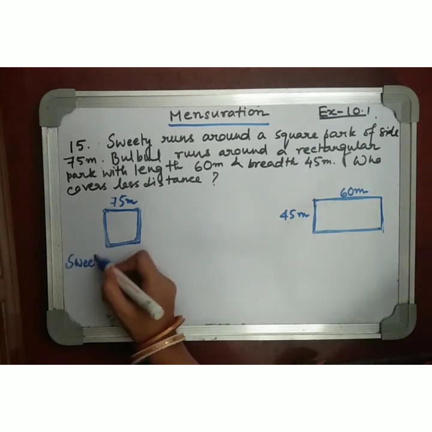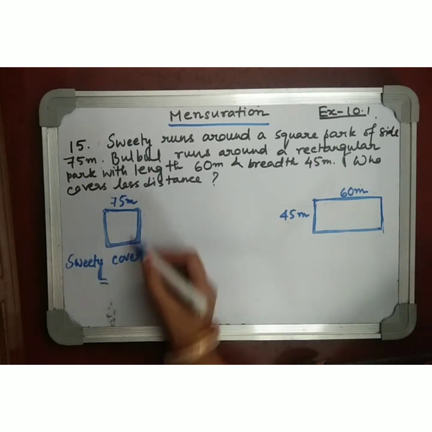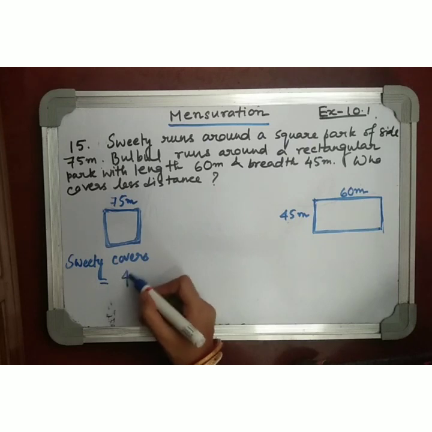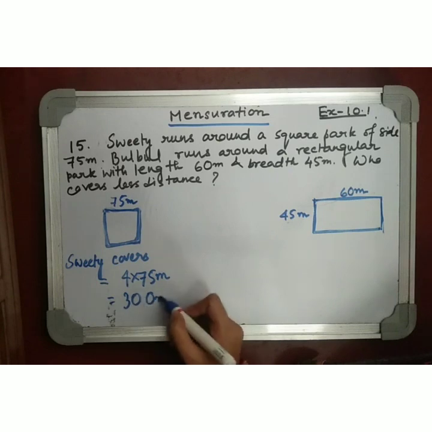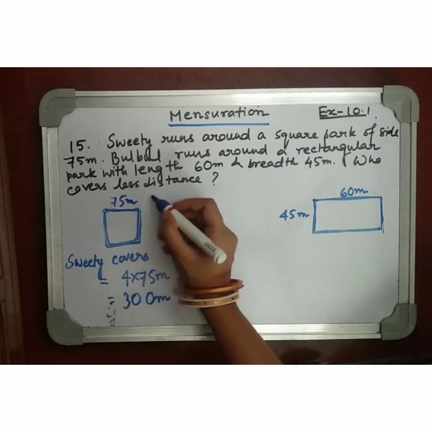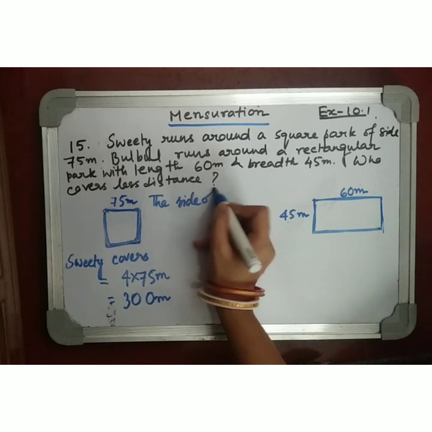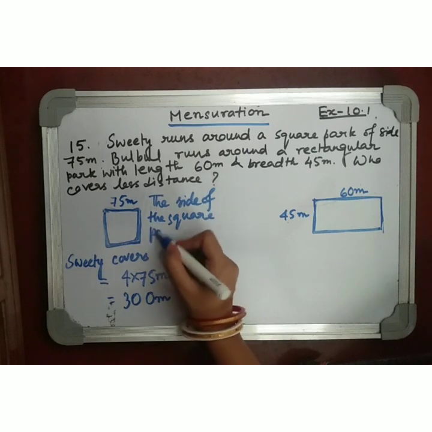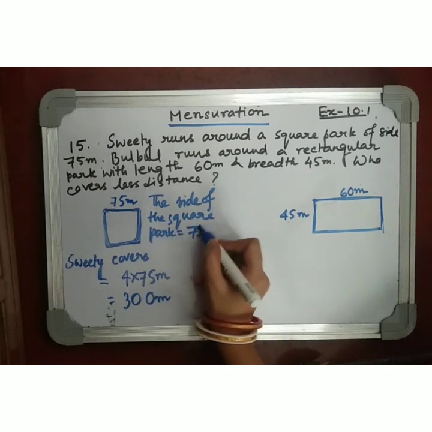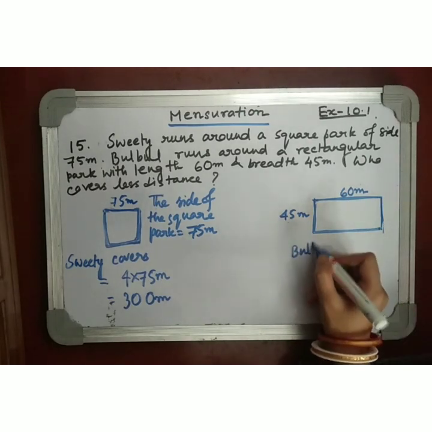Sweetie covers the perimeter of that square park, means 4 into 75 meter, 300 meter. Sweetie is covering 300 meter. It will be better if you write the side of the square park is equal to 75 meter. Okay. Now Bulbul covers,